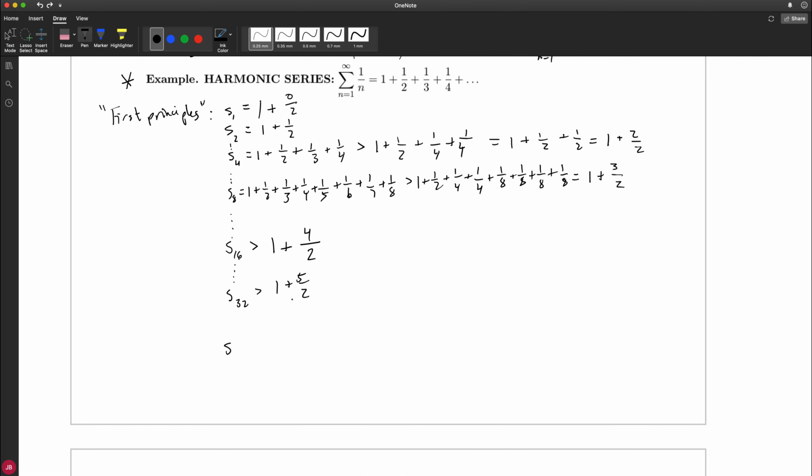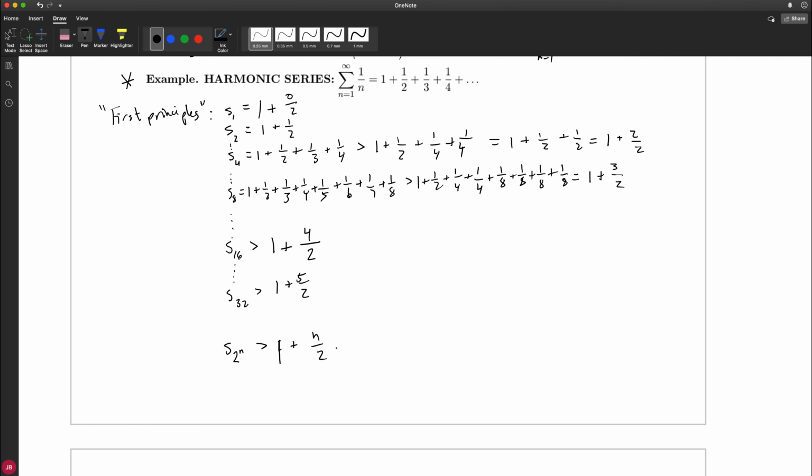So it looks like when my subscript is 2 to the n, I'm going to get a value that's bigger than 1 plus n halves, right? 1 plus n over 2. And now you notice, well, my powers of 2 go on forever, right? So I'm always going to find numbers bigger than 1 plus n over 2. And so what I have found is that some of these Sn values, in particular the ones where the n value is a power of 2, are always bigger than 1 plus n over 2. And 1 plus n over 2 I know goes